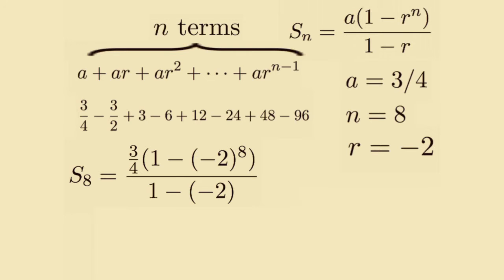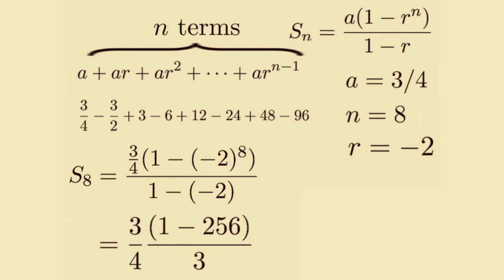So this is 1 plus 256. Actually, it's 1 minus 256, isn't it? Because the minus sign is still here. Over 1 plus 2 is 3. And we have to multiply that all by 3/4. We could cancel the 3's, and we end up with minus 255